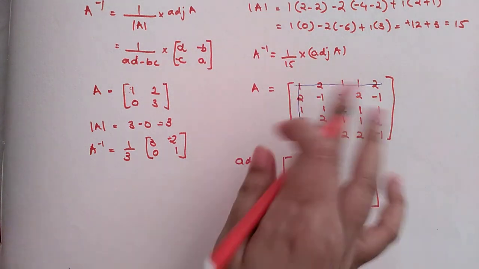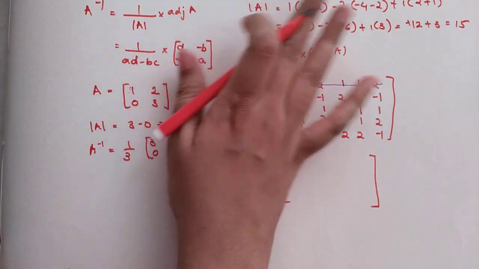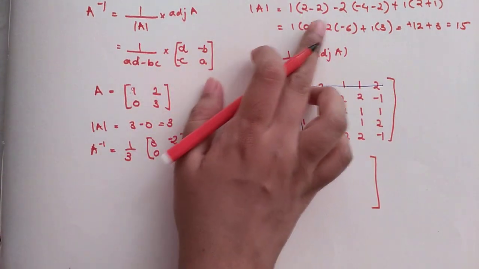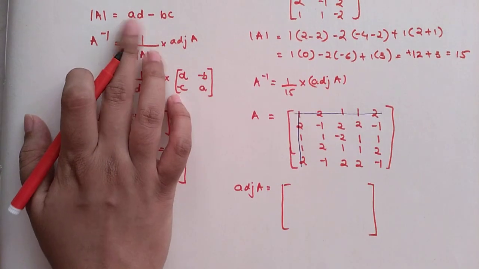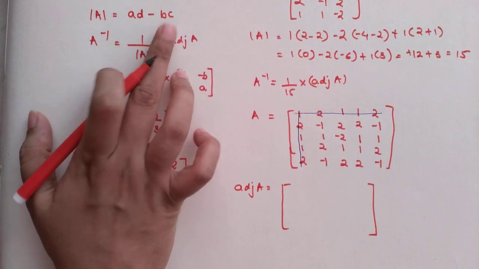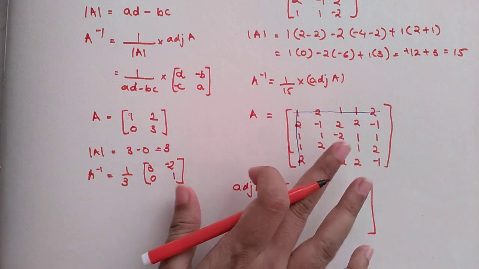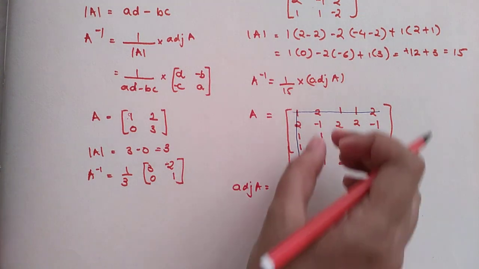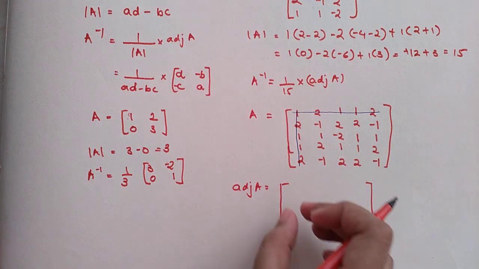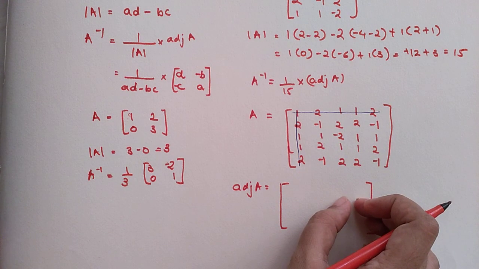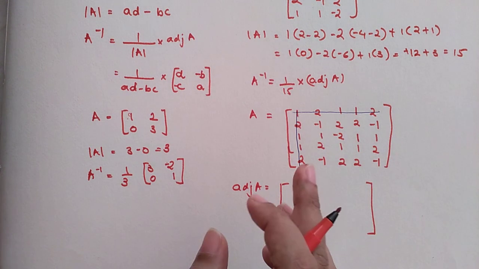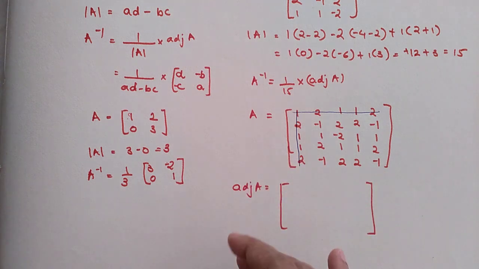will do the calculations which we did to find the determinant. Basically this particular calculation, that was AD minus BC. And the only thing you need to remember is you will do the calculations column wise and you will write the answers row wise. Why like that? Because if you remember, you used to take the transpose of whatever answer you used to get in the cofactor matrix.